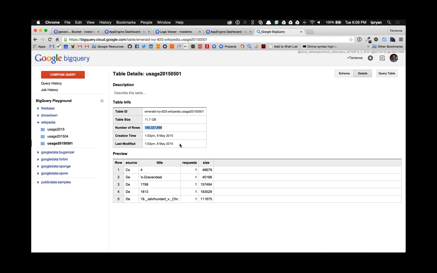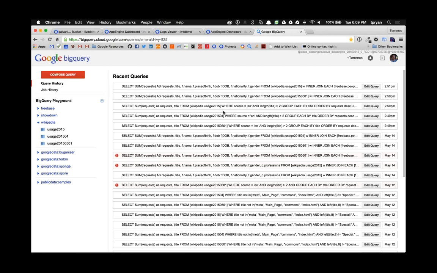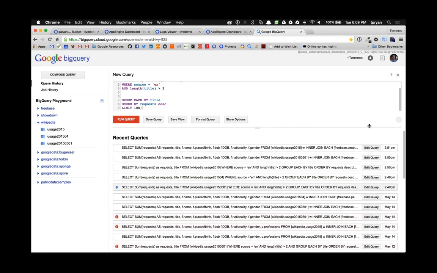186 million. So if you're looking back and thinking about MySQL or some other SQL solution, this is a sizable database. This is a large database that you would look at. So I'm going to query this, and I'm going to cheat. I have some of these queries written already. So I'm going to use this one,